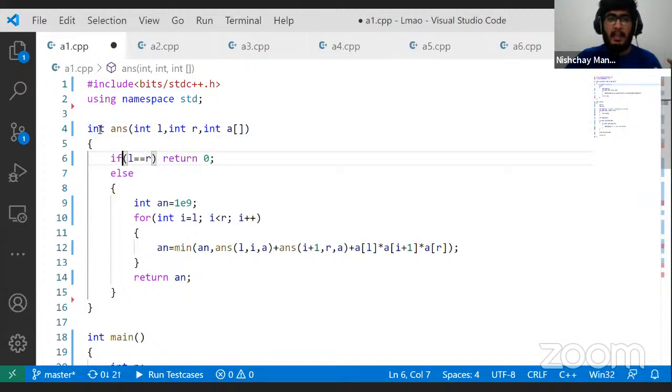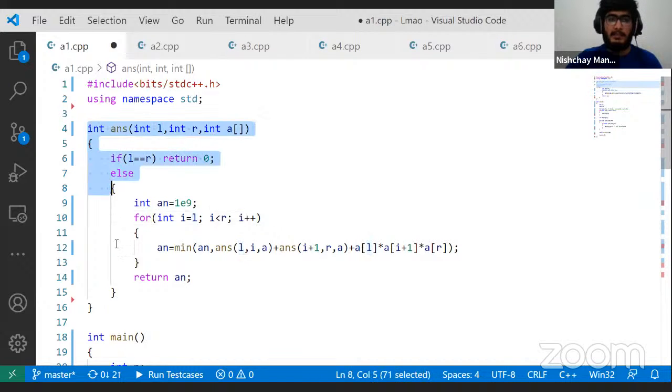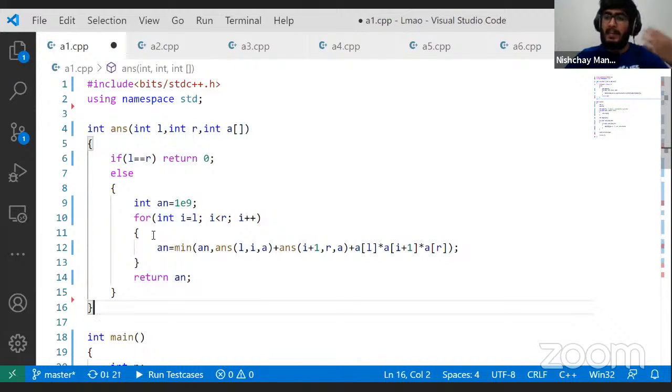Here basically it is a backtracking solution. Here I have used backtracking to find the answer. Basically I'm going from l up until r, l comma I comma a, I plus 1 r comma a. Basically I have done a recursive solution to find the answer, and this is a backtracking solution. To upgrade this to a dynamic programming solution, to update my constraints from this function working only up to n of 10 to working up to n of 100,